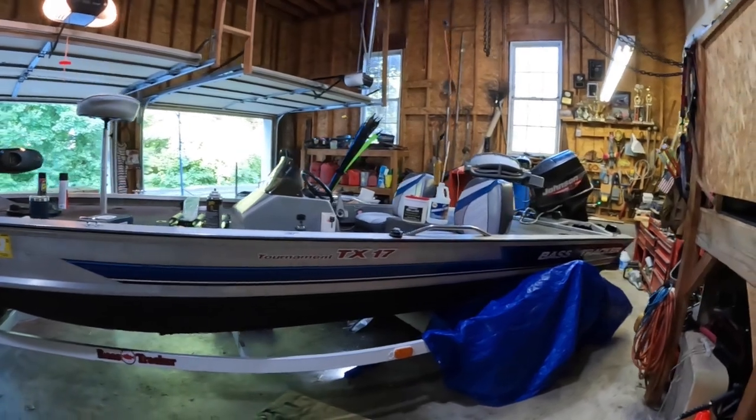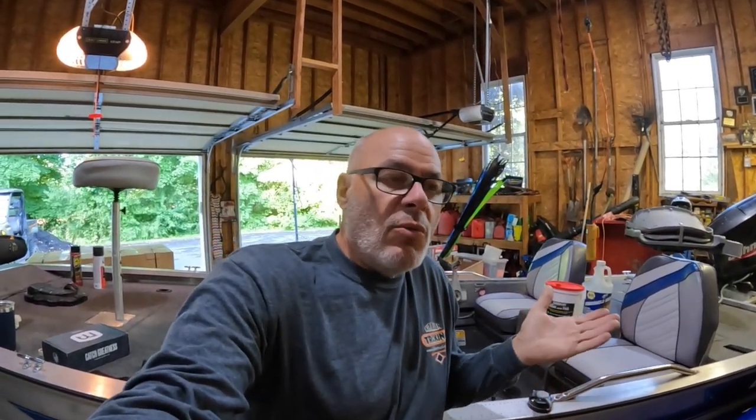keep that sealer intact. The Flex Seal is great if the area is not getting a lot of abuse. But if your area is getting some abuse, and what I mean by abuse is rubbing on anything that's under there, even when you drill it onto the trailer, it could get a rub. So that Flex Seal is not very durable. It's going to rub right off. So once I get that Flex Seal in there, that's going to be my sealer as far as keeping the water out of the boat. And then I'm going to basically truck bed line over top of that. And hopefully that'll give me the durability, and the Flex Seal in between will give me the